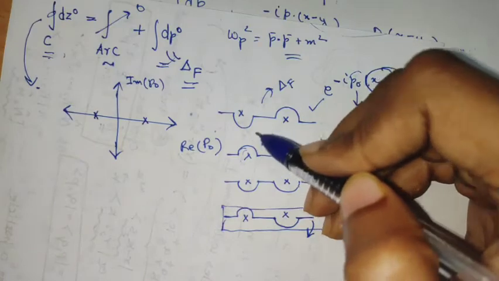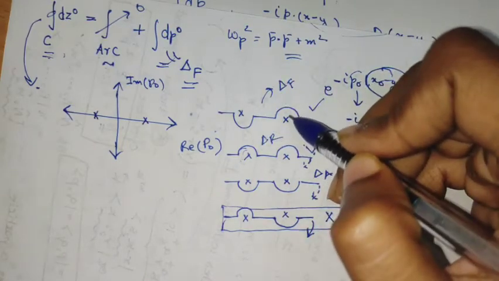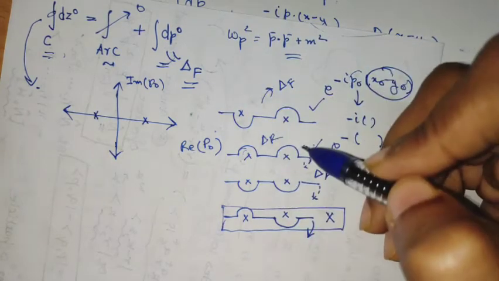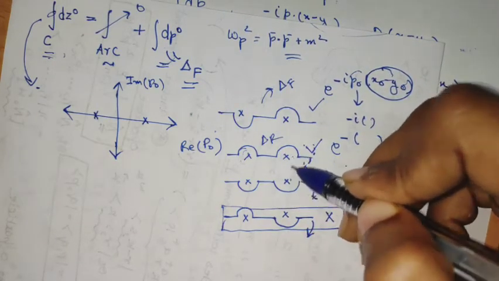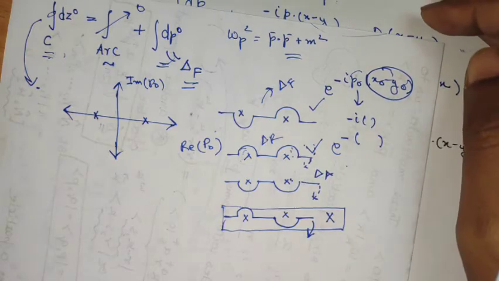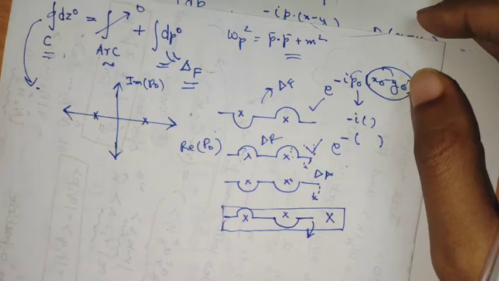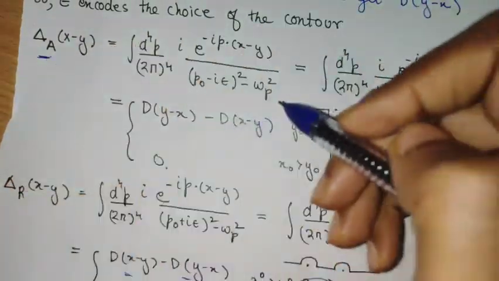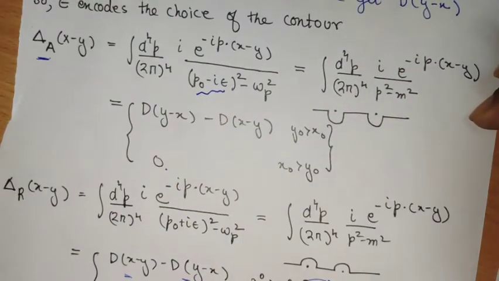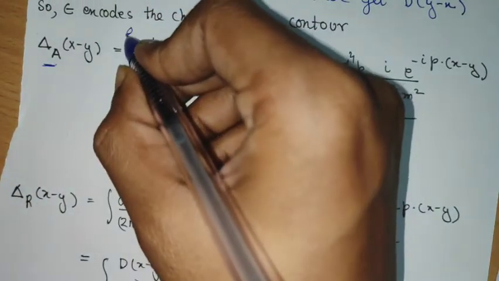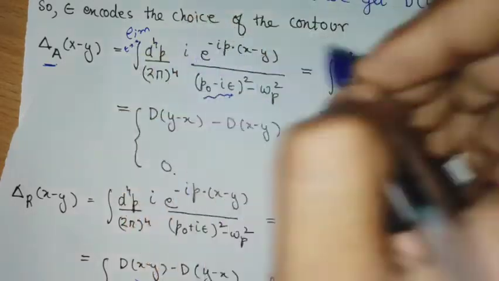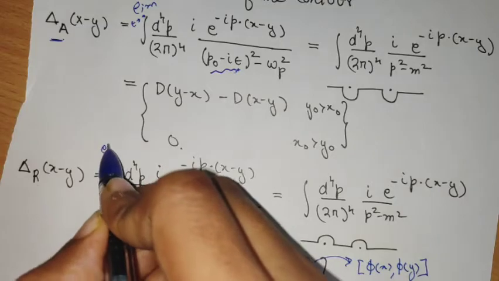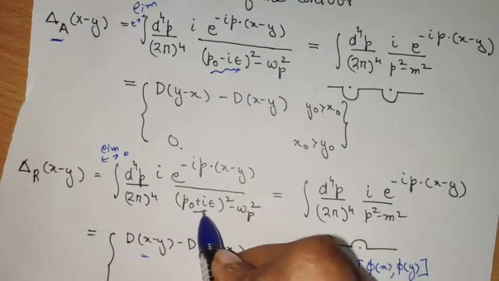And now if we remember the fact that the Feynman propagator could have been written, instead of specifying the contour, with the epsilon factor, there is a hint that these both should also be written in that fashion. And indeed we see that is true. So you see this delta A is written in this particular kind of epsilon format, where we always have the limit epsilon tending to 0. But you see again delta R is written with limit epsilon tending to 0, P0 plus i epsilon.